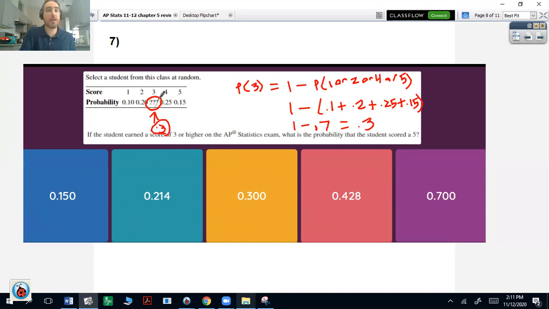There, that was bothering me. Now I got all the numbers in the table filled up. If the student earned a score of 3 or higher on the AP exam, what's the probability that the student scored a 5? So given